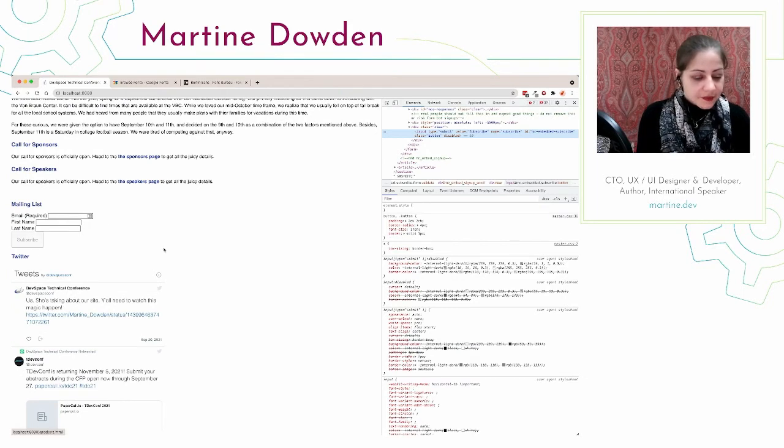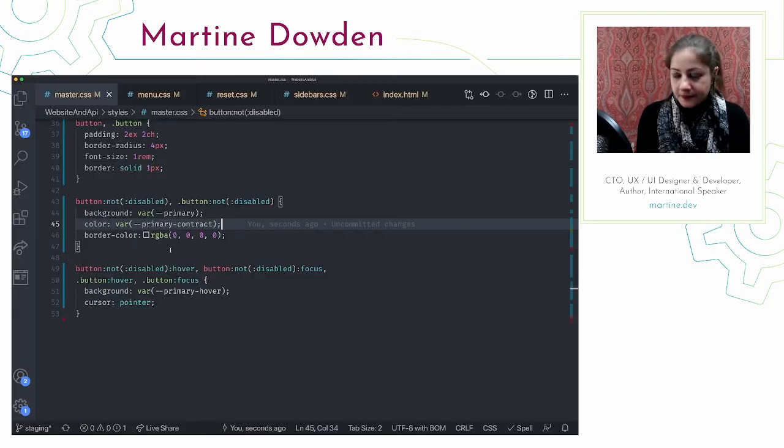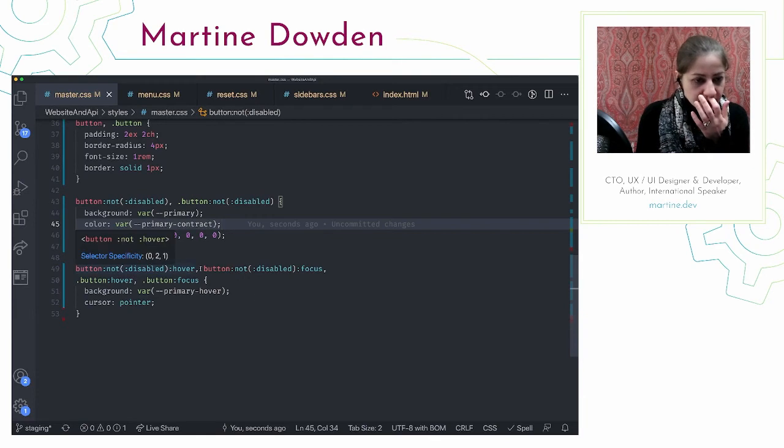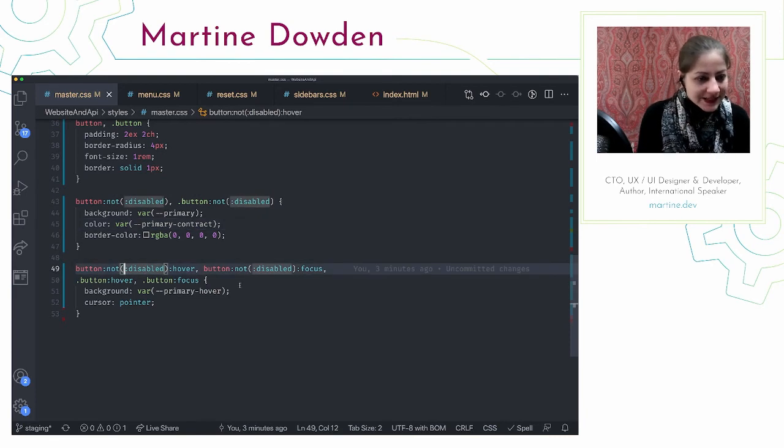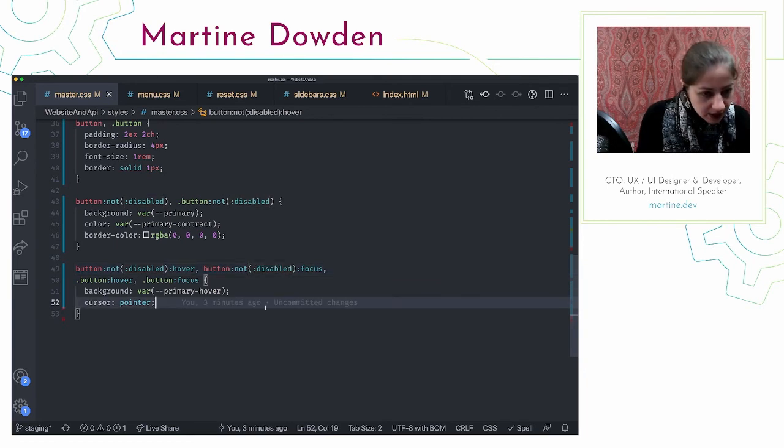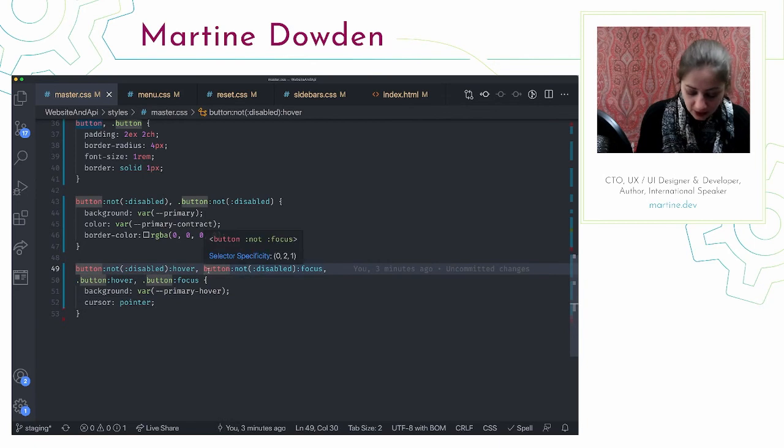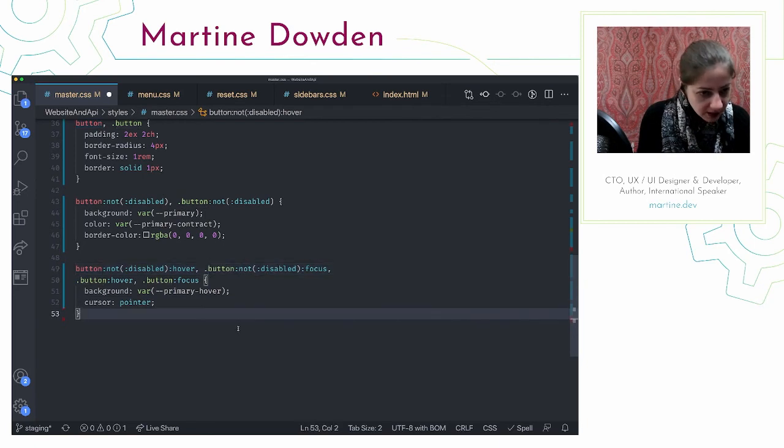We still have a hover, so let's find out why we still have a hover. So our hover, not disabled. Oh, because I have extra parentheses. No. Button, hover, not disabled, hover, not disabled, focus. Interesting. Why is it not doing what I think it should? Well, we're definitely missing that, but that's not the issue.